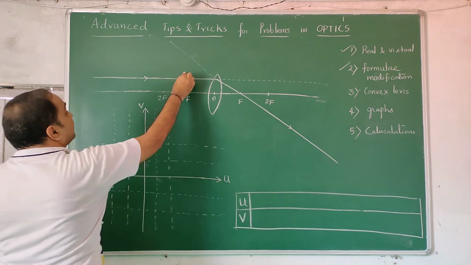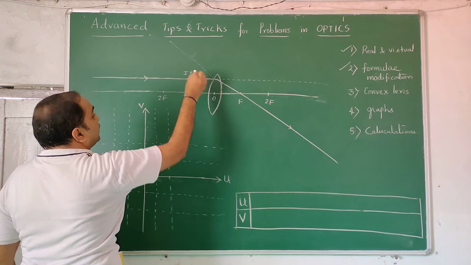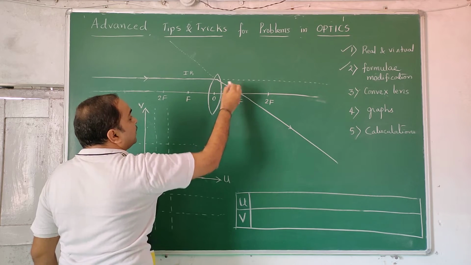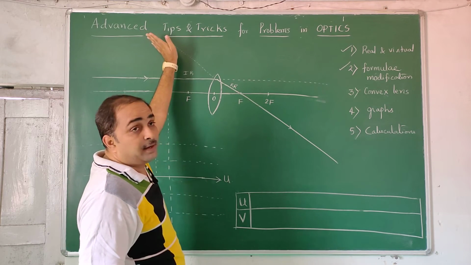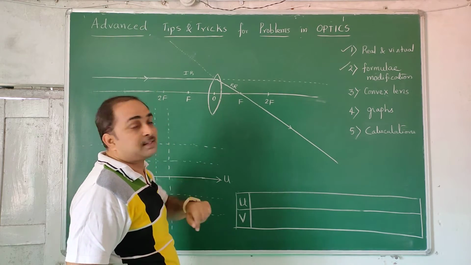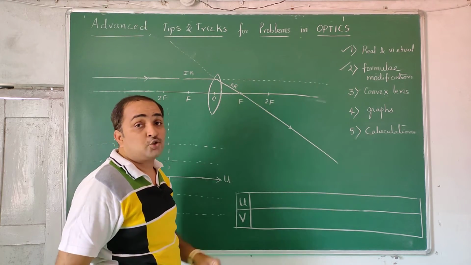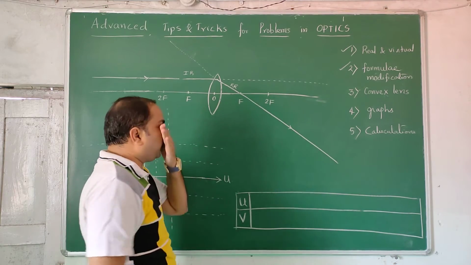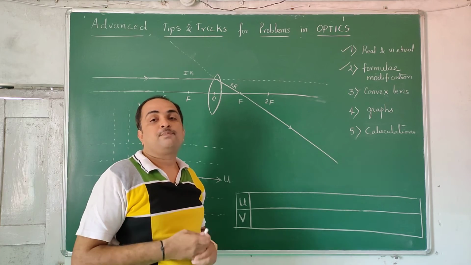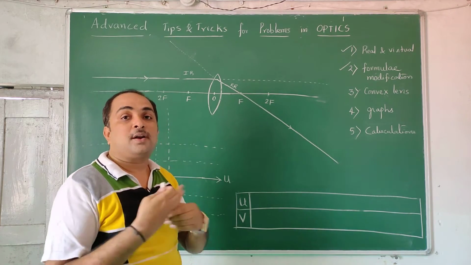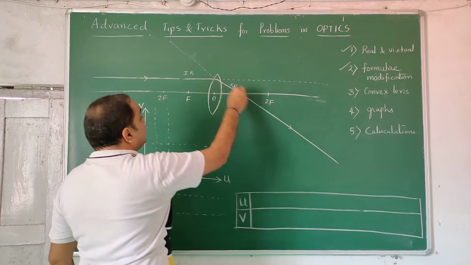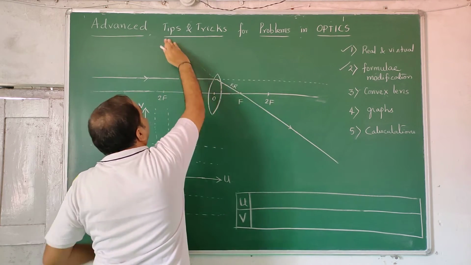So this is the incident ray. This is the emergent or refracted ray. Extension of the refracted ray leads to images. Extension of the incident ray leads to objects. The incident ray is related to, as I first told here, real and virtual object. Emergent or reflected or refracted rays are related to images. So this ray I extended backward like this.